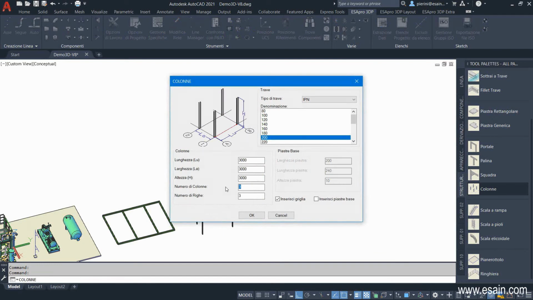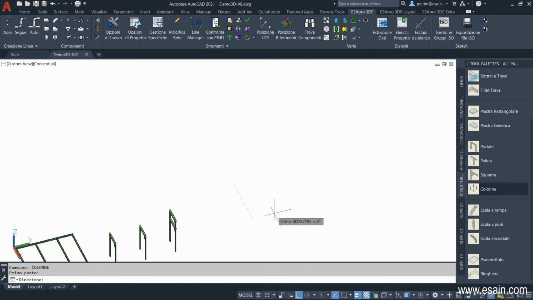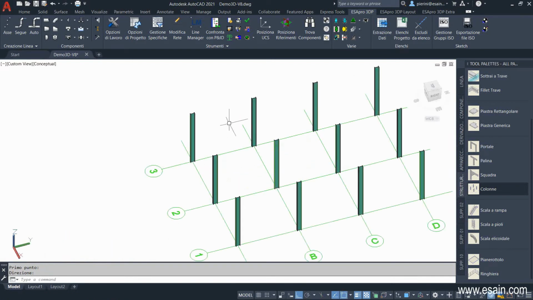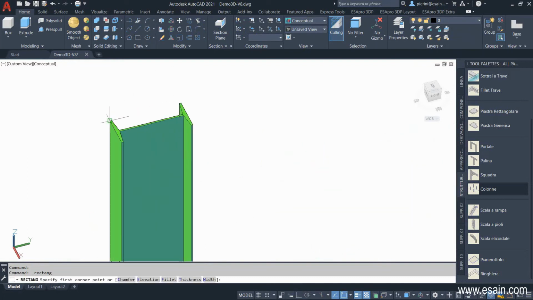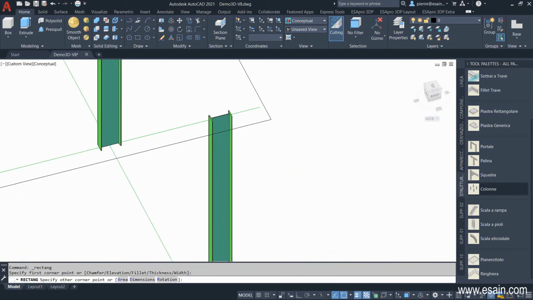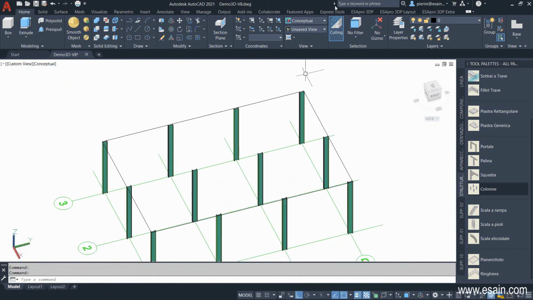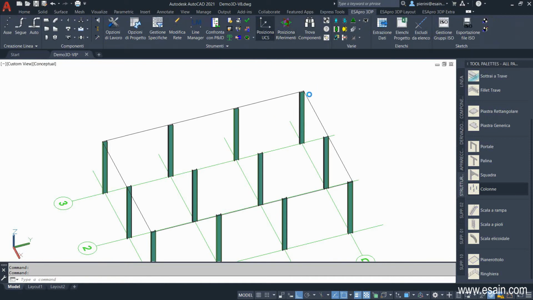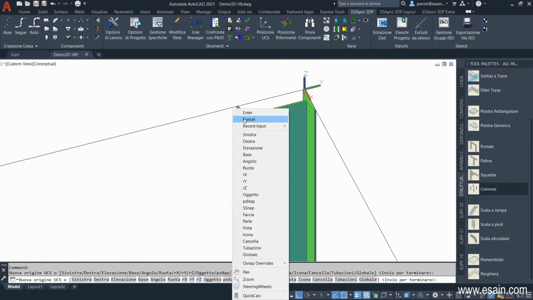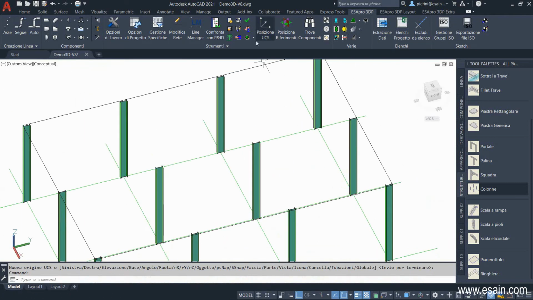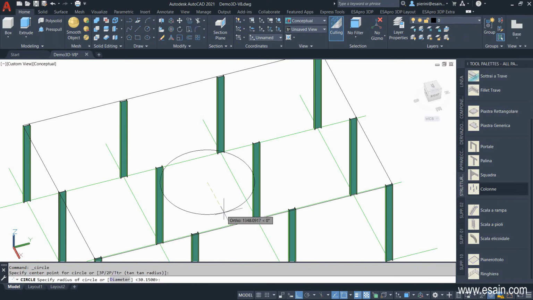Let's create a configuration of 4x3 on which we're going to place a grating. We start by drawing a 2D contour that will serve as a guide for our grating. We draw a standard AutoCAD polyline and add a round boundary, a circle, which will be a hole inside our grating. Then we take a reference point at Z elevation and launch the circle command.